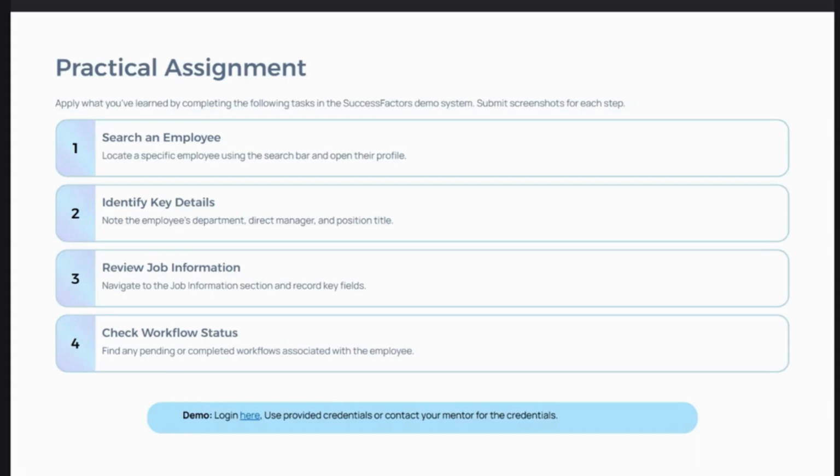Okay. Then you need to check the workflow status. What are the pending or completed workflows associated with that employee? You need to take that screenshot. Okay, so quickly just go through this environment and prepare your own document. Then we are going to review it exactly after 10 minutes.